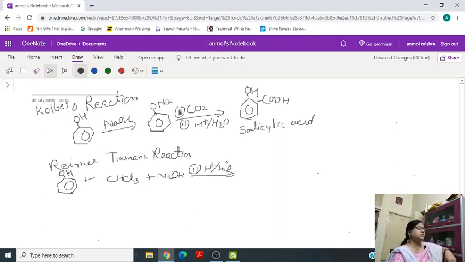In the presence of acid, it forms salicylaldehyde,